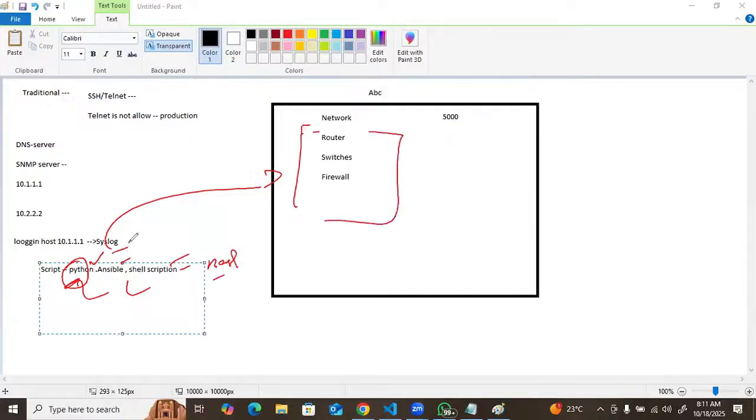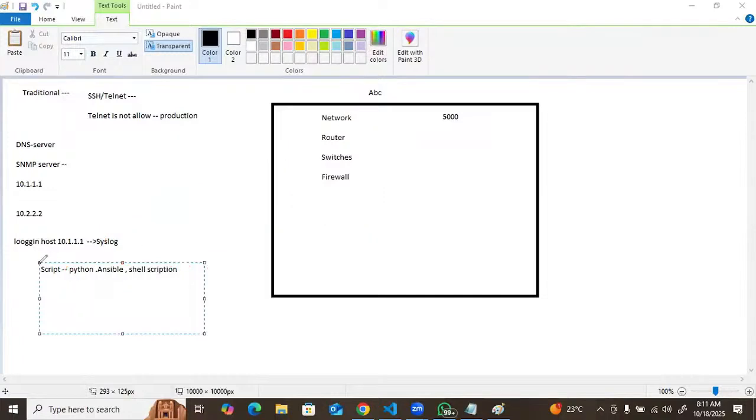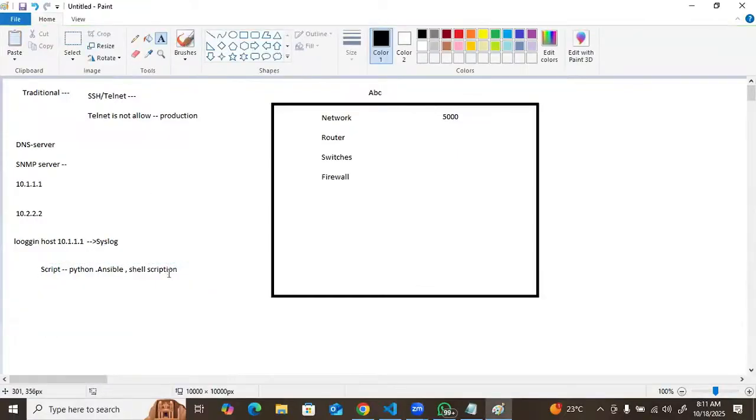So in that case, we need automation, guys. Where we are going to perform a task multiple times, we can just automate it. Using automation, we prepare the script, and we just need to run it. Once you run the script, it will interact with whatever devices there are, and then you can get or push any configuration.